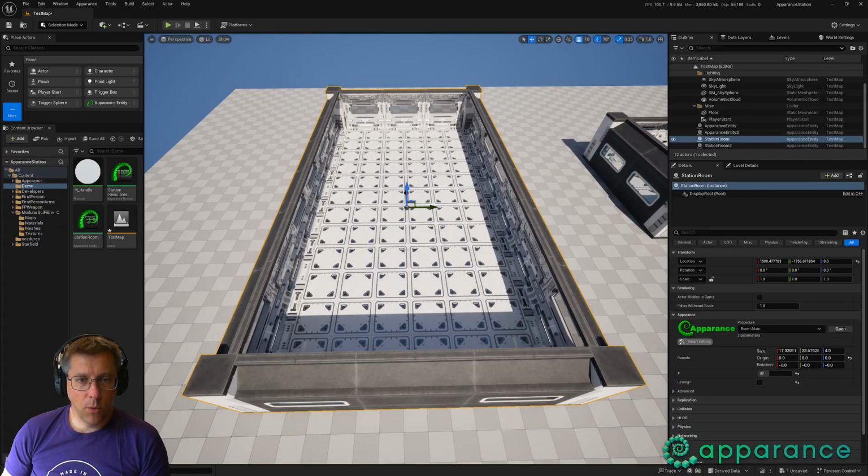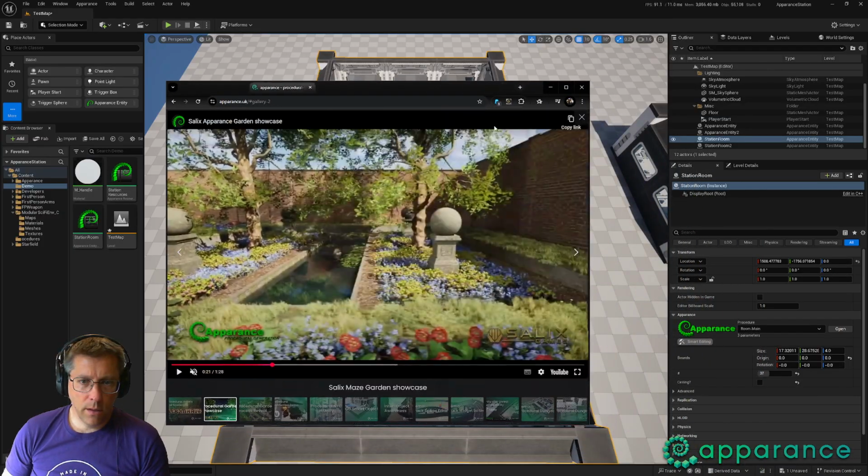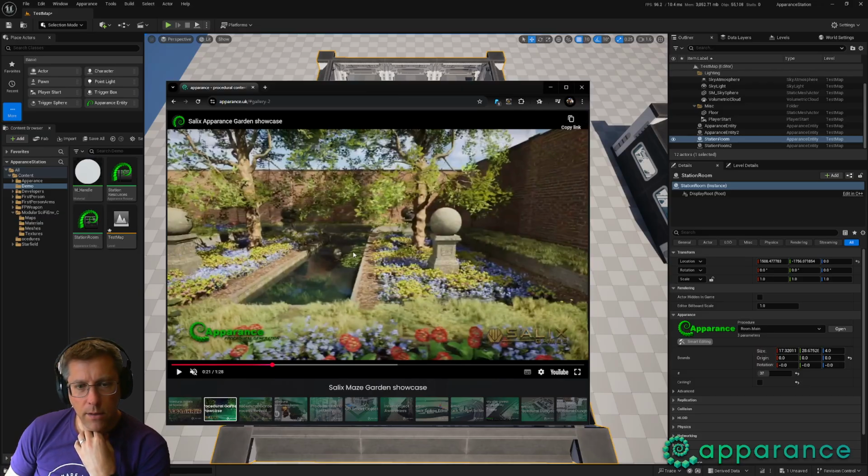Okay, now the floor pieces. So this is something I was going to, let me have a look on the website briefly. One of the projects we worked on before is this. This is a game prototype called Maze that we did for Salix Games, and I've just stopped the video here on this screenshot. So one of the features was